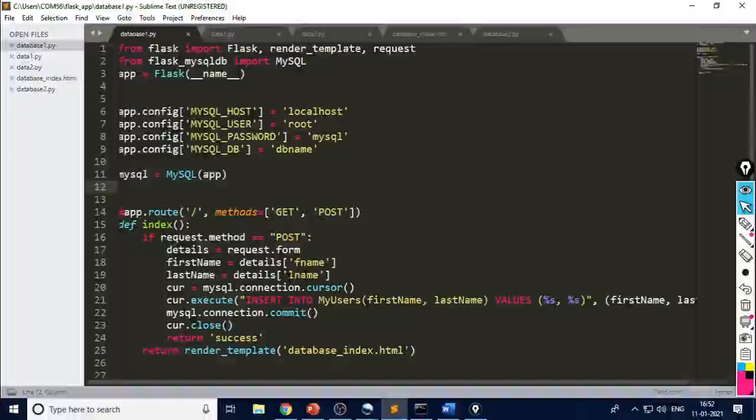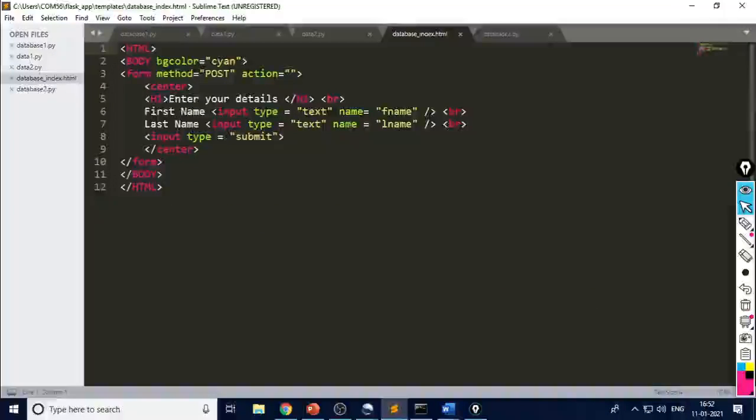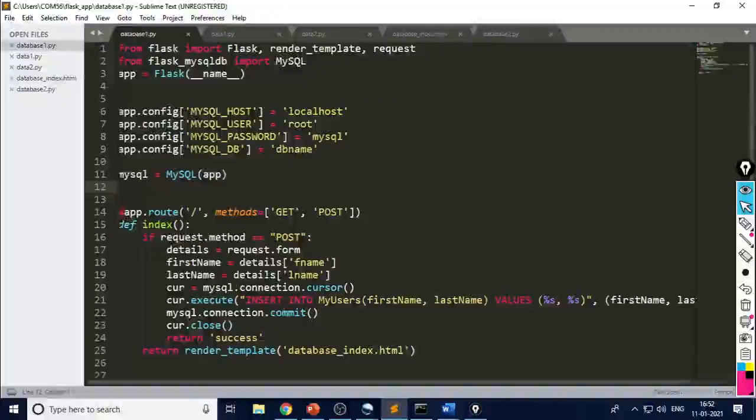Whatever names are specified for these two input texts, we use those names in this array.